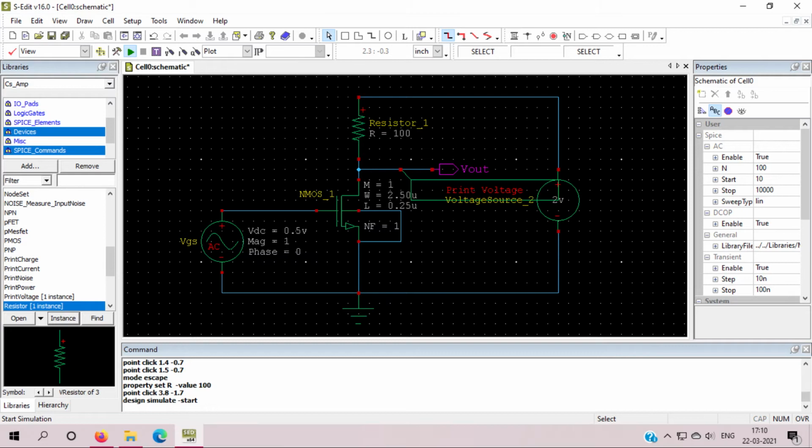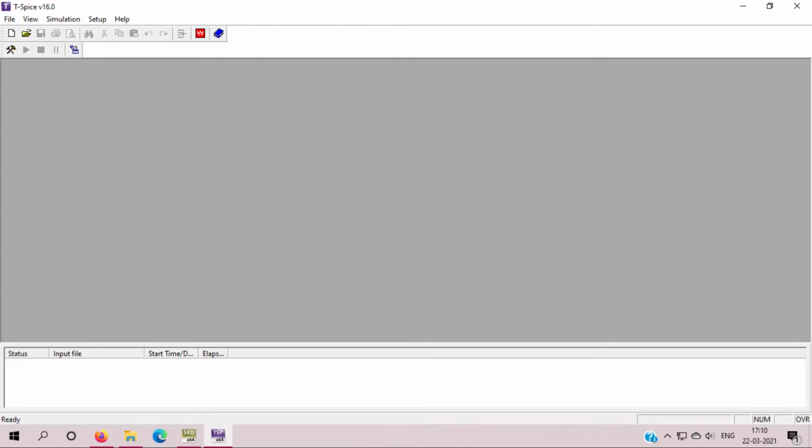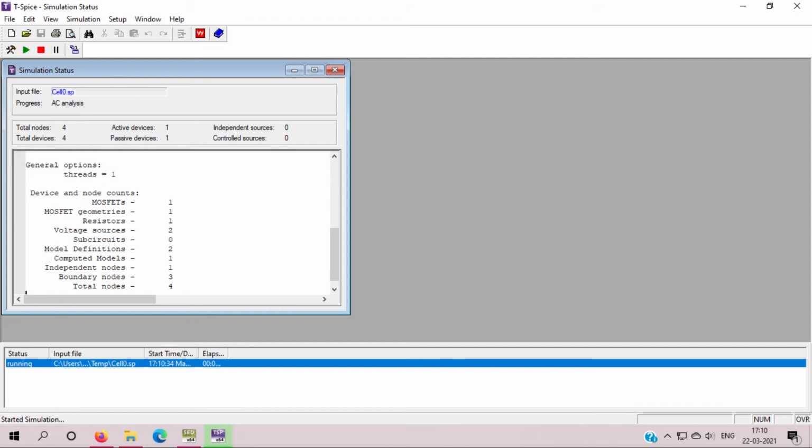Let's see what happens. We can't increase our RD beyond some value now, otherwise my voltage drop will increase.